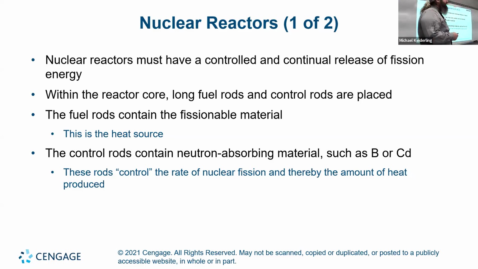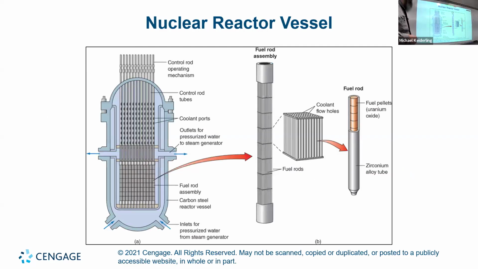There are also what are called moderators. These slow the neutrons down to a speed that makes them more likely to interact with uranium and basically speed up the process. So we have slow down things, which are the control rods, and speed up things, which are moderators. And this is sort of what they look like. The tubes for the control rods and tubes for the fuel rods. And the pellets are uranium oxide pellets that have been concentrated to have more uranium-235.